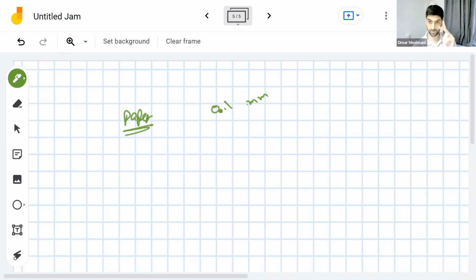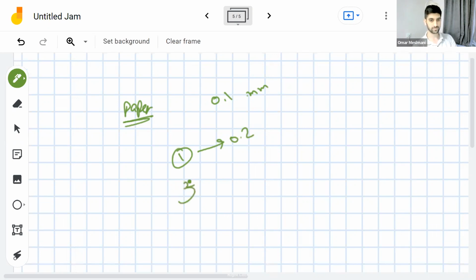0.2. So we fold it one time, you have 0.2. Now, try to fold it again. What is the new thickness going to be? 0.4. Now, if you fold it 3 times,